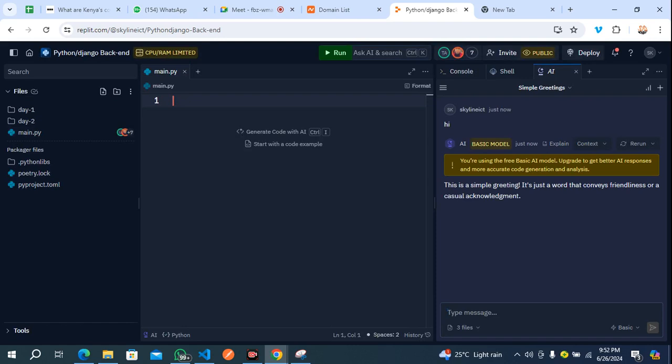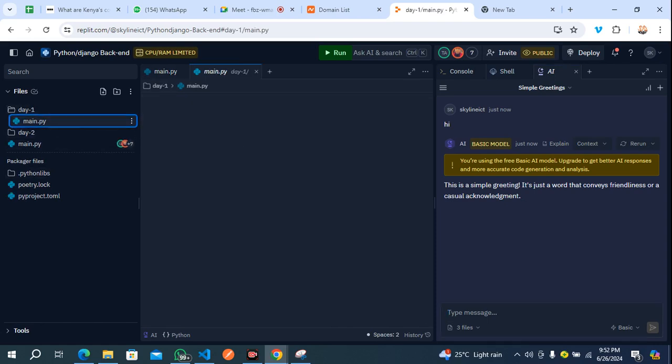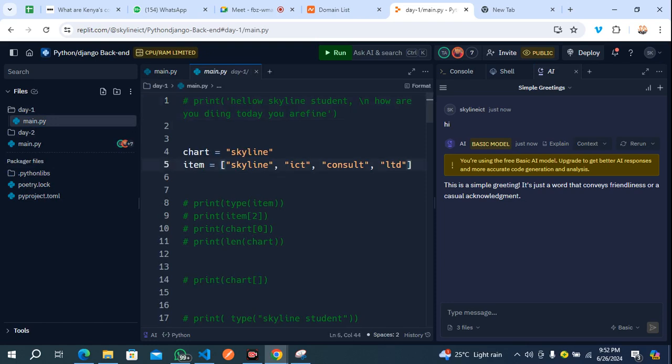When you have a particular code you don't understand, say I have a code here and I don't understand it, you can copy this code and ask the AI, please explain this code with example.